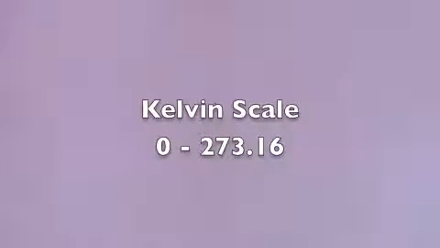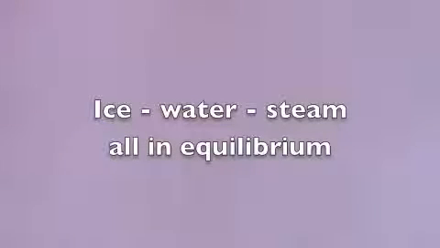The second fixed point is what's called the triple point of water, which is 273.16 degrees Kelvin. It is the one and only place where ice, water and steam all sit together harmoniously. They are in equilibrium. Now clearly that doesn't happen at room atmospheric pressure because ice and water are at 0 degrees and water and steam are at 100 degrees. But if you reduce the pressure sufficiently, there comes a point where ice, water and steam all coexist, and that's called the triple point of water,